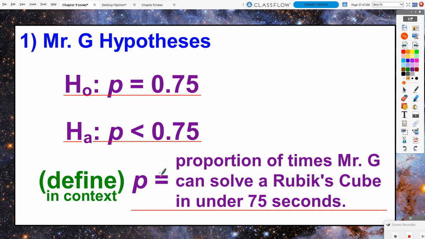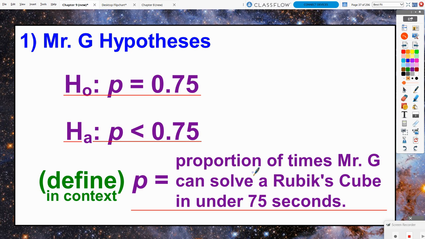And then I need to define what P represents here. So P equals the proportion of the times that Mr. G can solve the Rubik's Cube in under 75 seconds. So again, this is kind of step 1. Once you write the hypotheses and you define what your parameter value is, then essentially we get to go do